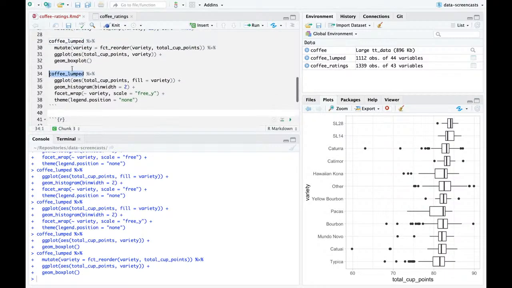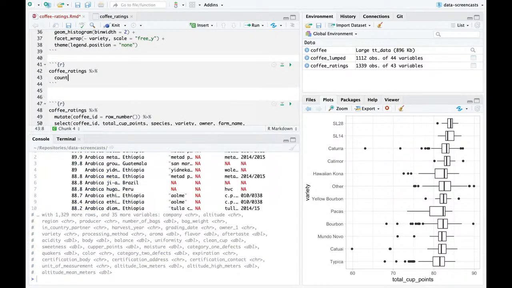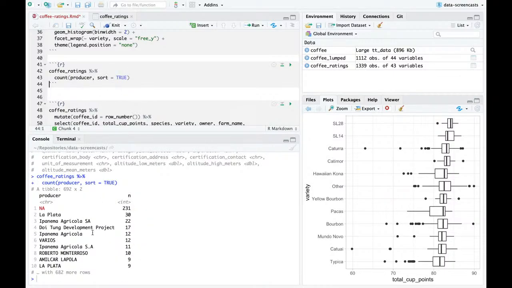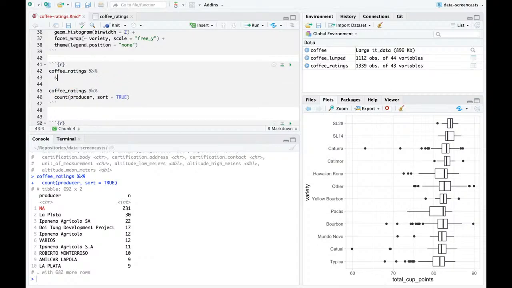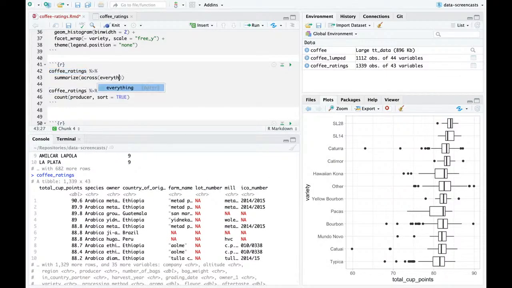That's a very important one, but I'm going to look at a couple of other things. I'm going to look at count, let's see, producer, mostly missing. And that makes me wonder, a nice trick, you might have seen me use this recently, is to say across what? Across everything? Well, why not? Across everything, get them,